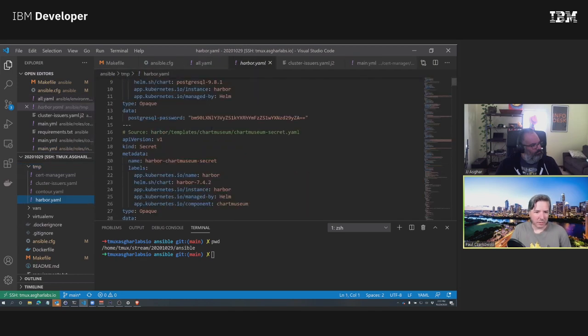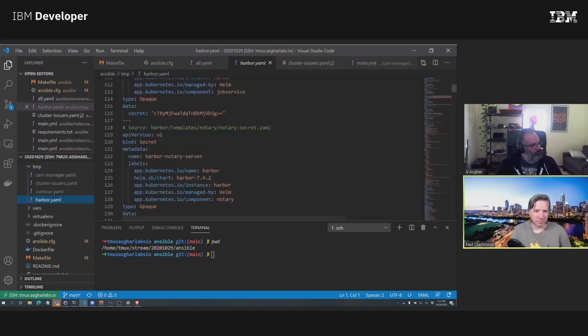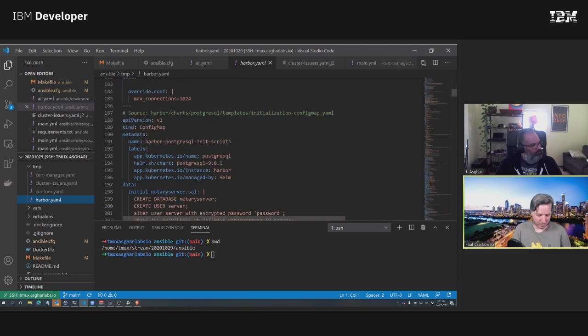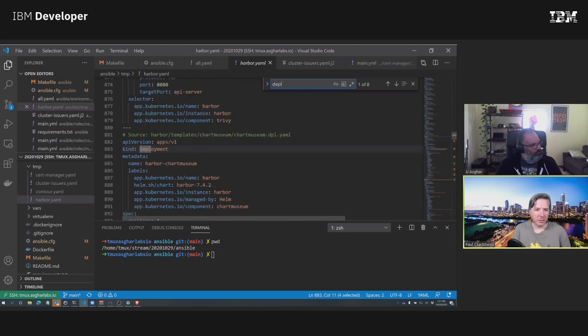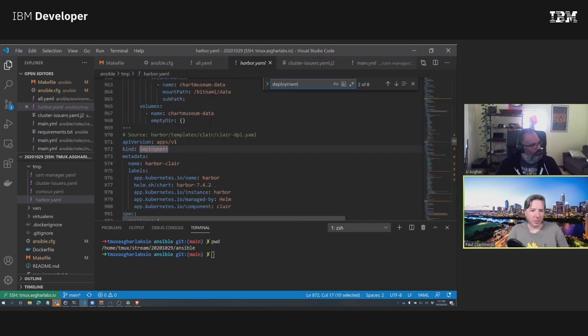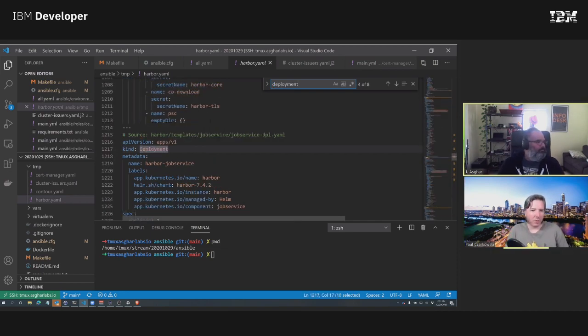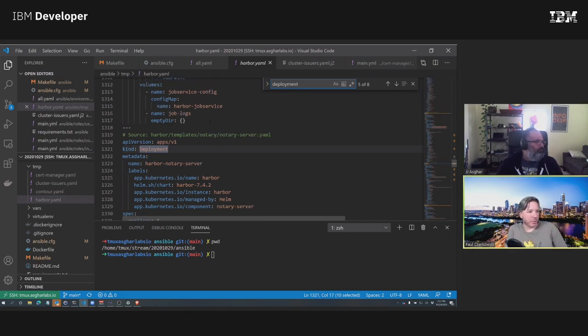So it's creating our secrets. Let's skip to deployment. So Chart Museum, Claire, core, job service. So when we're using wait, it must be doing it per deployment through the YAML document.